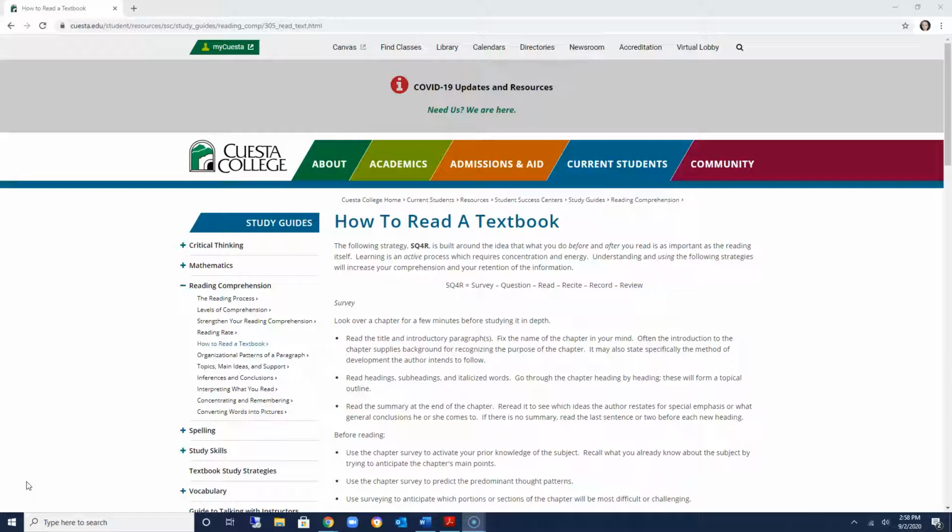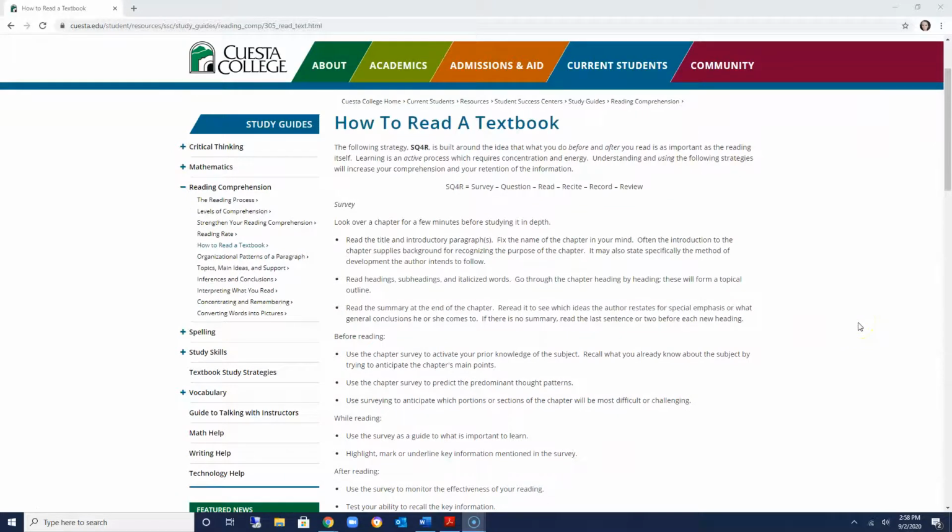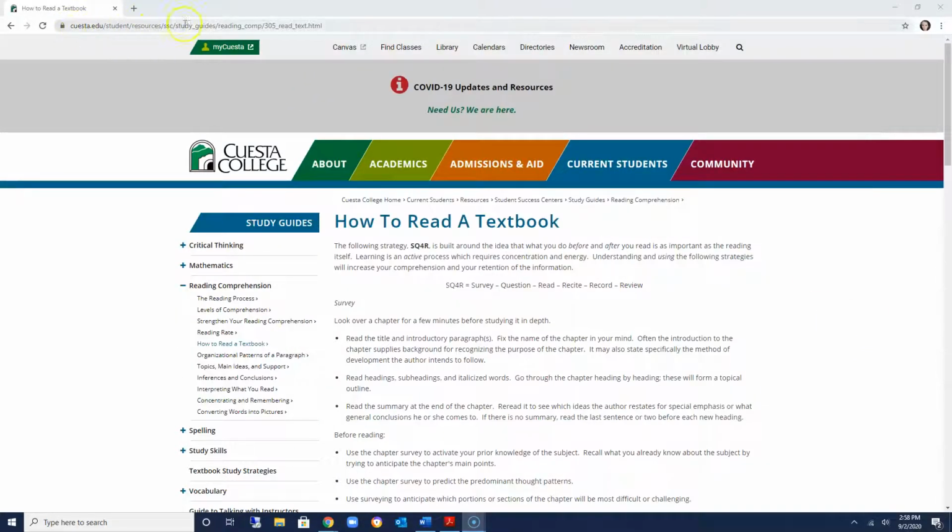So, what we're going to start off today with is an article by Cuesta College, and I tend to include this in most of my classes. However, if you're just accessing this on YouTube, I wanted to include the URL at the top of the screen here. You can just Google Cuesta College, how to read a textbook, and it'll be one of the first things